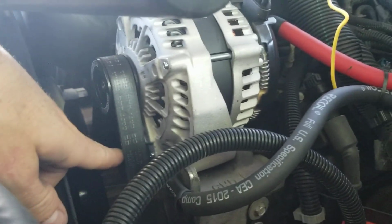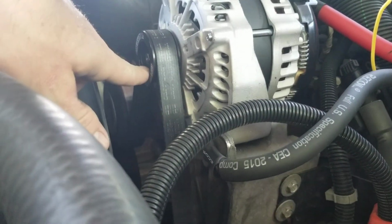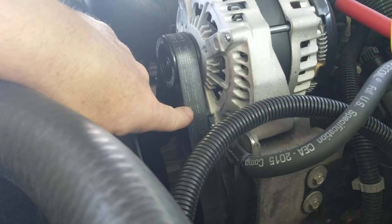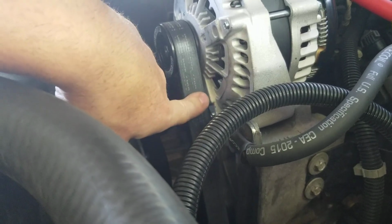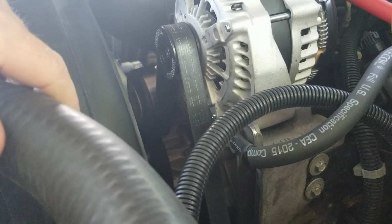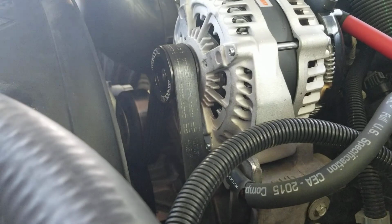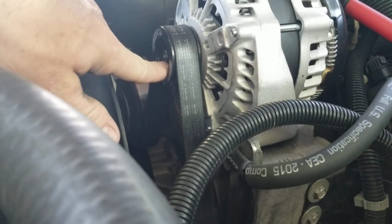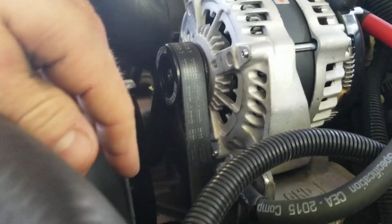So you're going to have to take your serpentine belt off, and if you do get a new Mechman alternator, this pulley is I think a 2-inch pulley, and the stock was a 2.5 inch. So it's a half-inch smaller pulley, so you're supposed to run a smaller serpentine belt. The guys at Mechman gave me a code number for a serpentine belt that I gave to Napa to get me a new serpentine belt, and they gave it to me, but it was way too small. I was fighting it, trying to get it on. It was my misunderstanding, but I thought the guy said the belt was going to be a half inch smaller, but he was saying the pulley is a half inch smaller. So after going through 3 or 4 different belts to find the right belt size,